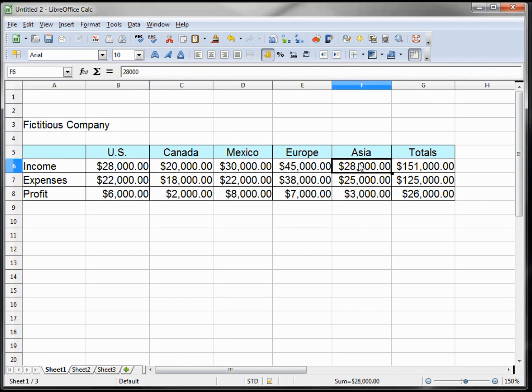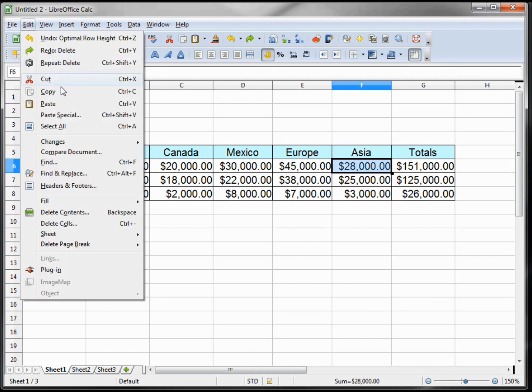Deleting data: just go to the cell that we want to delete, and I'm hitting the delete key. Now I'm going back and going to hit that undo. And we also have